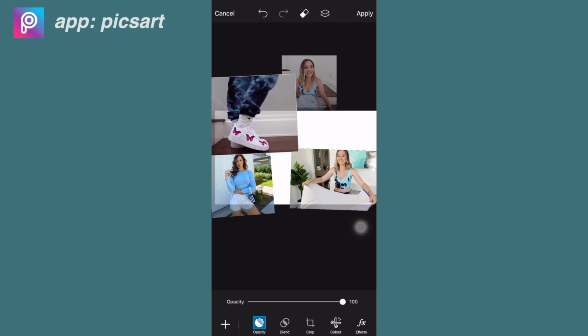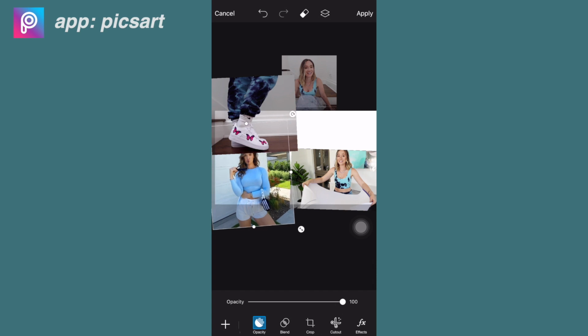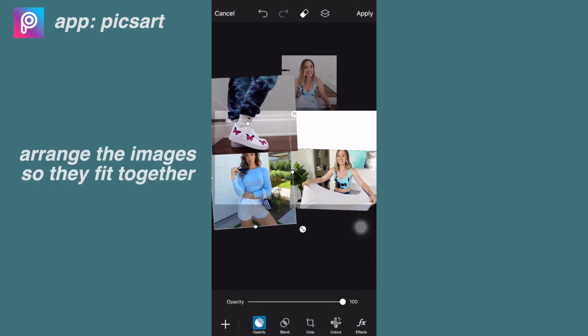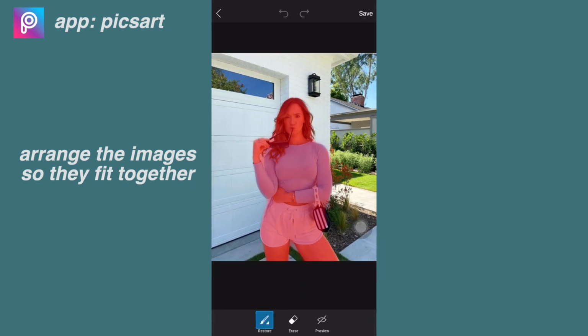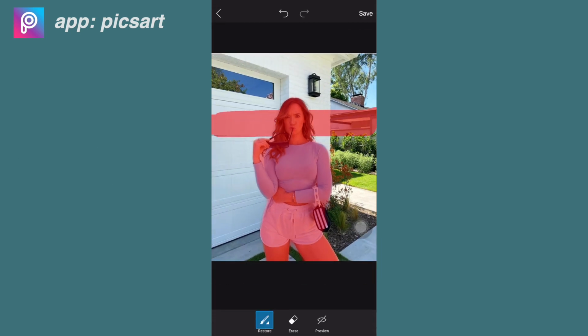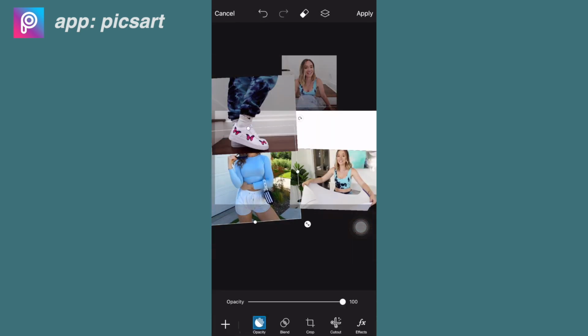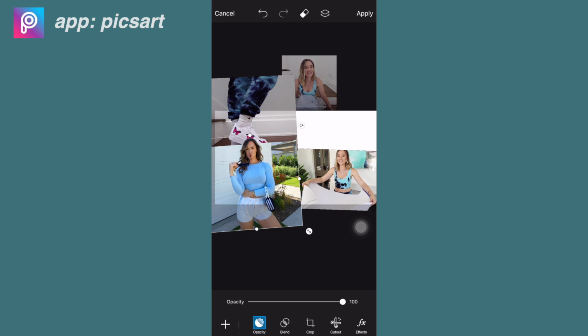What I'm doing here is I'm just adding all those photos and rearranging them, and then I'm specifically clicking on this picture of Alisha posing because I want the top of her head to pop out from the sneakers. So I went to the cutout tool, cut it out using the person option, and then I colored almost to the top of her head so that the top of her head didn't have any background behind it. And then I'm repositioning it so it's in front of the sneakers,